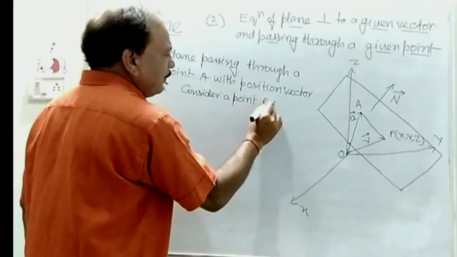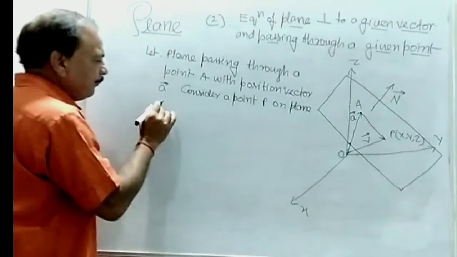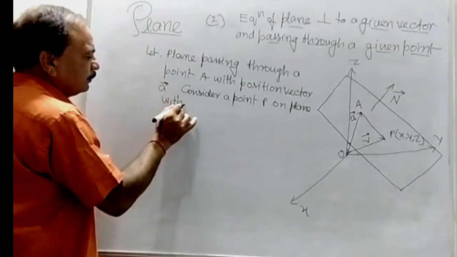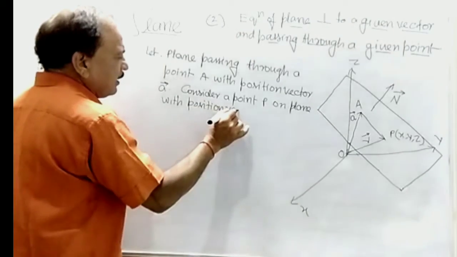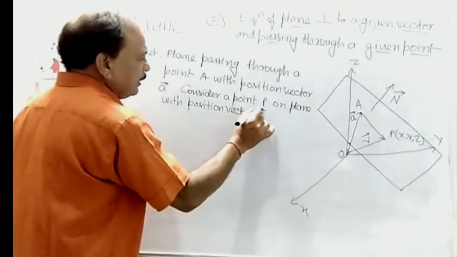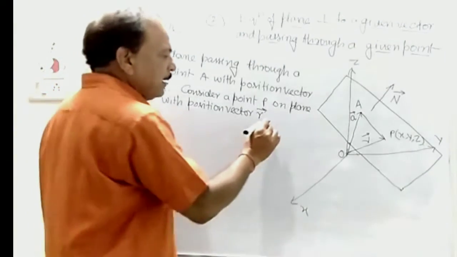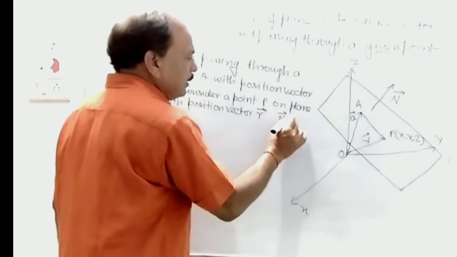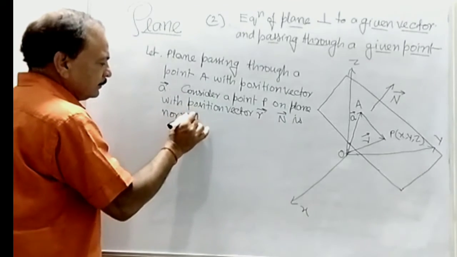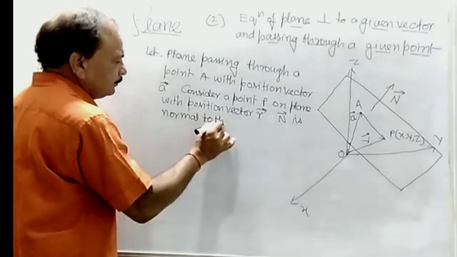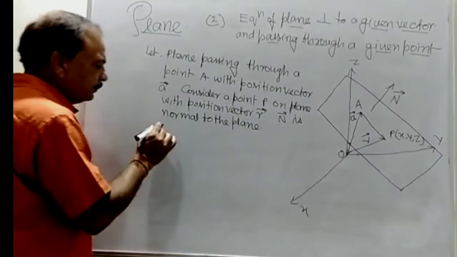Consider a point P on the plane with position vector R. N is normal to the plane. N is normal to the plane. Therefore,